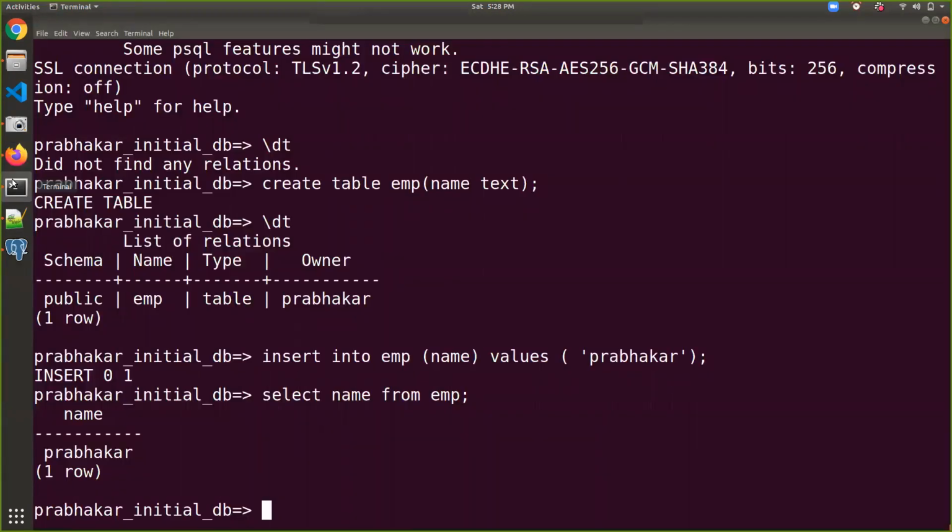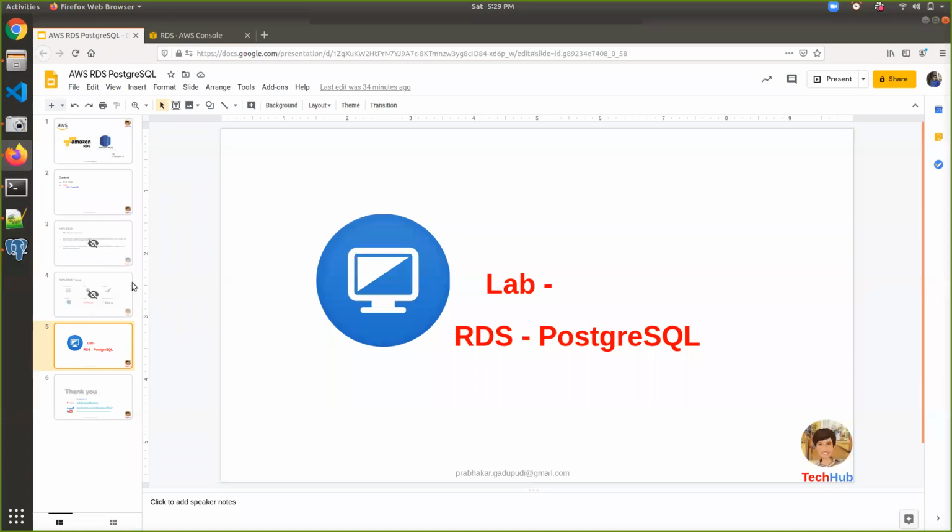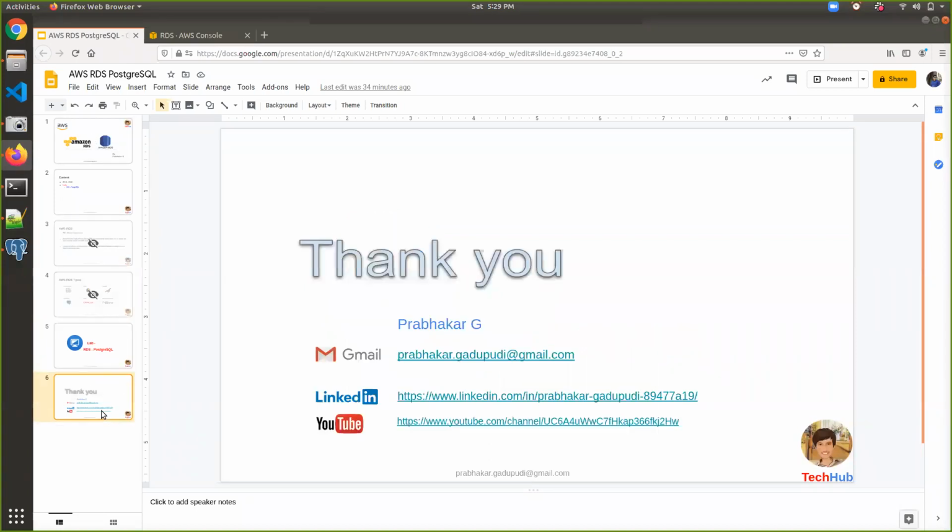This is how we can create PostgreSQL in AWS RDS, and this is very flexible for developers as well as administrators for quick development as well as quick patch updates, upgrades, taking backups, and maintenance activities. We come to the end of this lab, and hopefully this lab gave you a chance to work with PostgreSQL and AWS RDS and the different settings and configurations. Thanks for watching this video. I will see you in the next lab.